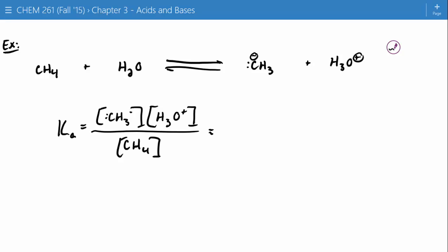So you're just saying that H2O is a constant? Yeah, remember, we said we're treating H2O as a constant, and that constant becomes a part of the Ka portion of our equation. So now we can determine this somewhat experimentally. This becomes a little bit more challenging. And the Ka for this equals